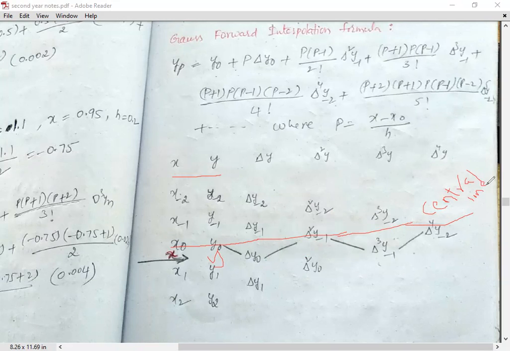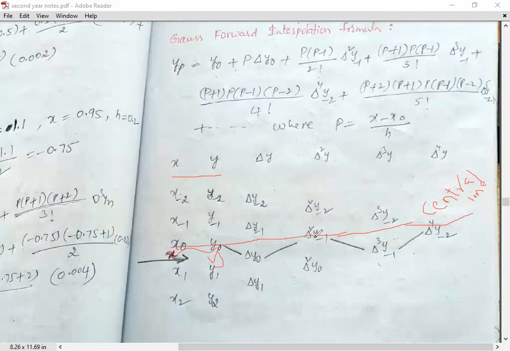And the other differences that we are using are exactly below the central line. So we need not get any confusion while taking the forward differences from the difference table. And taking notations is also very simple. On the central line from x naught y naught, we can observe the differences,